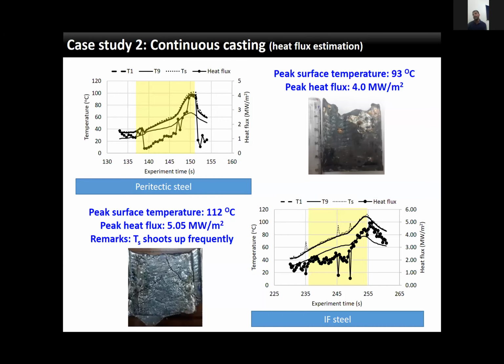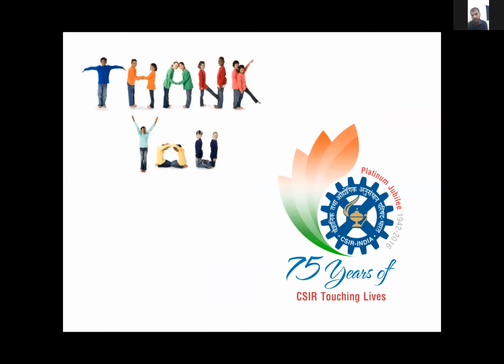I am not here to conclude the subject, because there are many things yet to do. But for the sake of completion, I would like to re-emphasize that physical simulation techniques are a kind of experimental tool that the process industry needs to use to improve the efficiency of the process, and also to create a better understanding of the process. This physical simulation technique can be used in a better way. With this, I would like to end my talk.